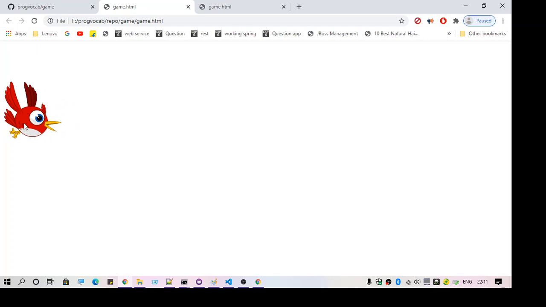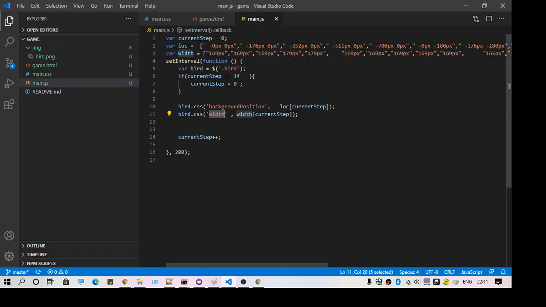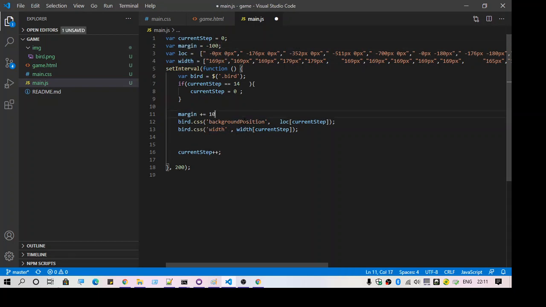Now I want this bird to move ahead and go to the end of the screen. For that, we are going to use the margin property of CSS. I'm just going to set an initial margin of -100, and then we are going to increment the margin by 10.